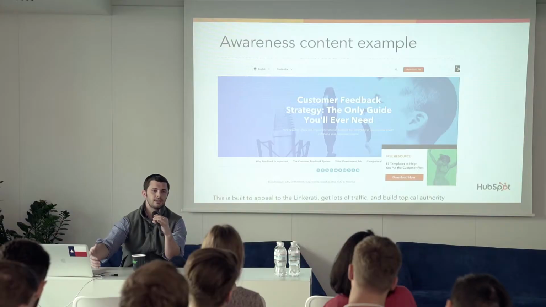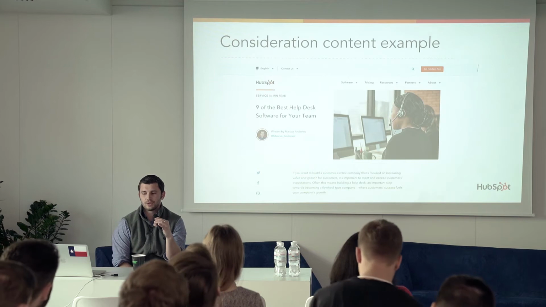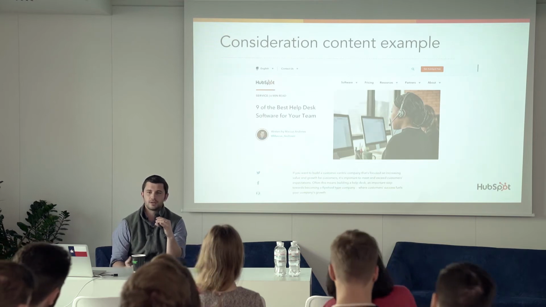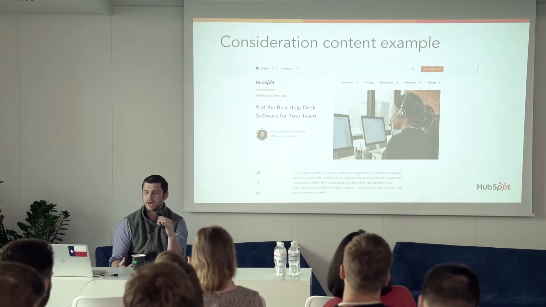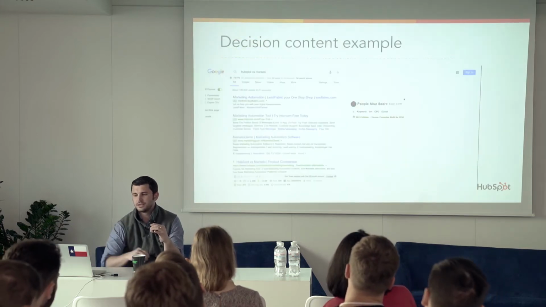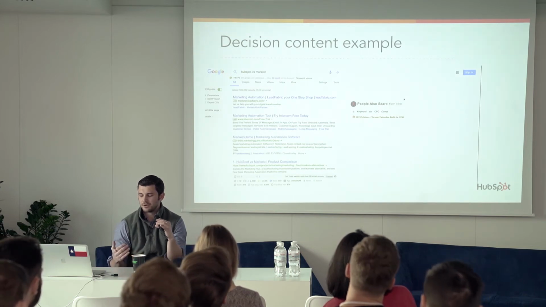So we built this playbook and we started out with this massive pillar page, the only guide you'll ever need to customer feedback strategy. That gets like 5,000 searches a month, but it's also got a ton of backlinks and people in the industry share it. We go down the pathway and we're looking more at the consideration. So then people start to think, oh, I need some solution to collect tickets or feedback or something like that. And then the decision level content, as I said, is this versus that, HubSpot versus Marketo, Aura Ring versus Motive Ring,